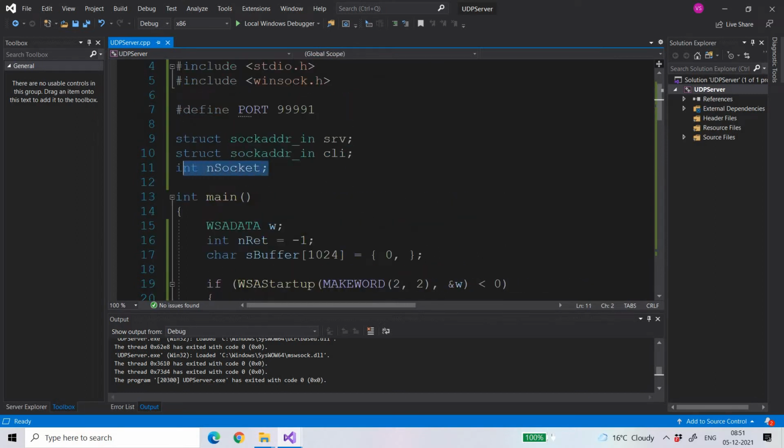Here I have declared one global variable, the socket which will be receiving the data from the clients. I have taken these as global variables, but this is not a good practice at all. It is just for demonstration purposes.